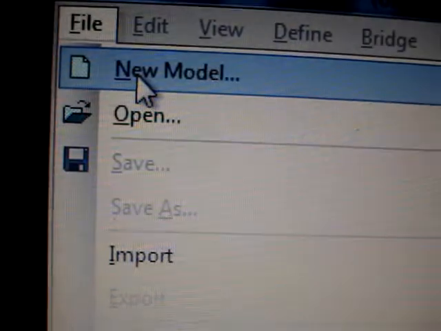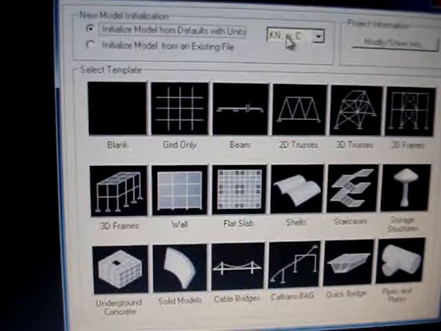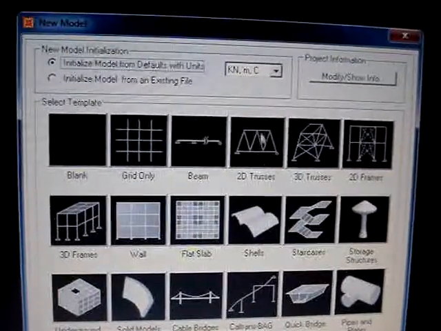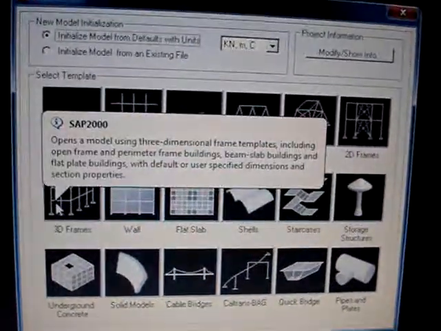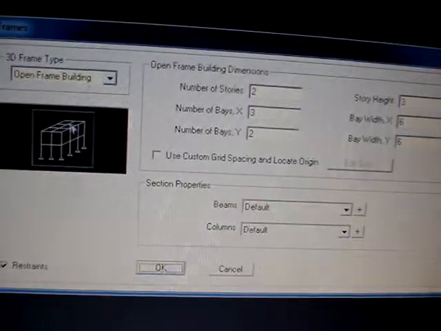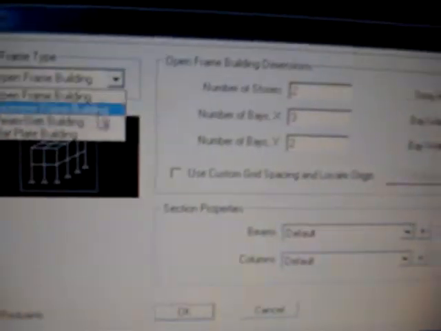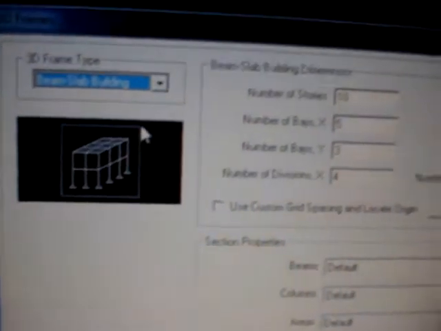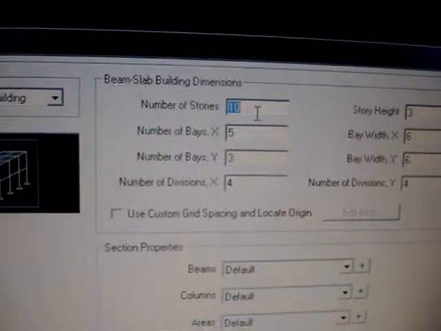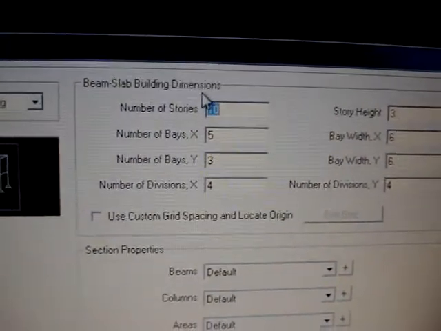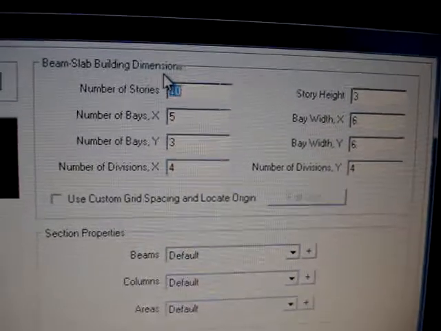For that, first of all, you'll go to File, then you will go to New Model. Now you will keep the units as kilonewton meter and you will go to 3D frame. Here you will choose the option beam slab building. Again for simplicity, we'll change the number of stories to 2.